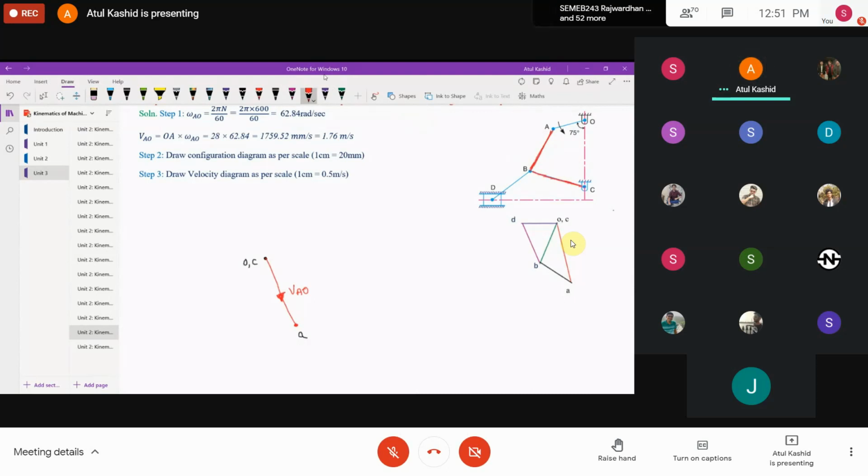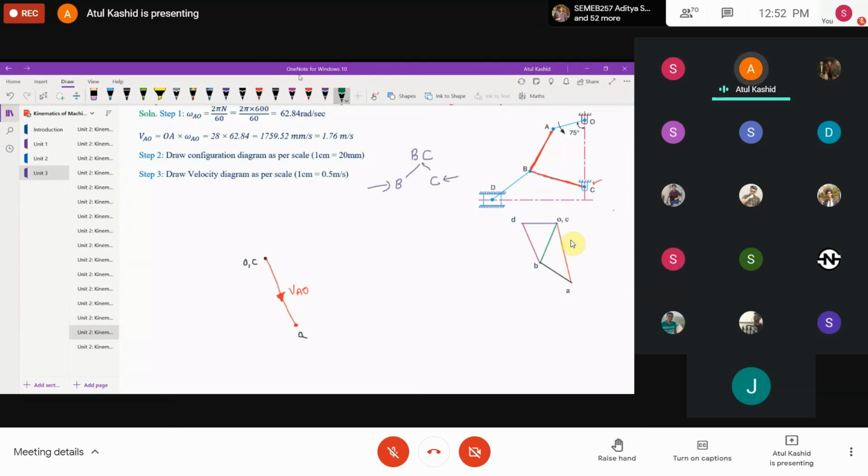So first now we'll see here point C. We can draw the velocity direction of the point B with respect to C, because C is the fixed point, right? So it will be very simple for us. So if we take the link BC now, हमें BC को अभी target करना है, right? BC में I can start my vector from either point B or C, right? दो options है, right? So B से मैं start नहीं कर सकता क्योंकि point B is not there in the velocity diagram, but I can start with the point C because point C is there in the velocity diagram, right? So I have identified a point from where I can draw the vector.